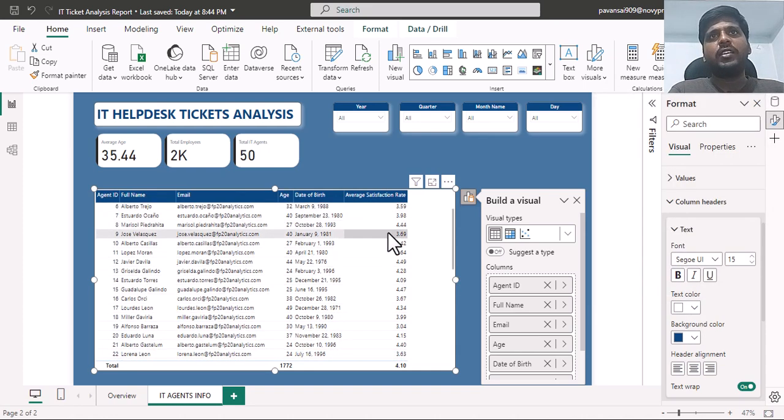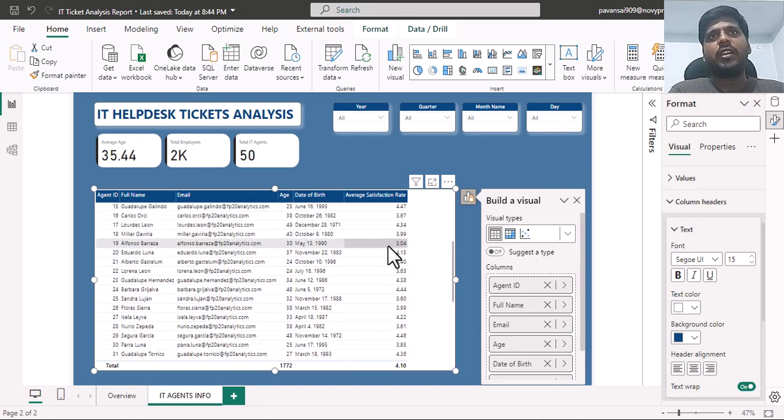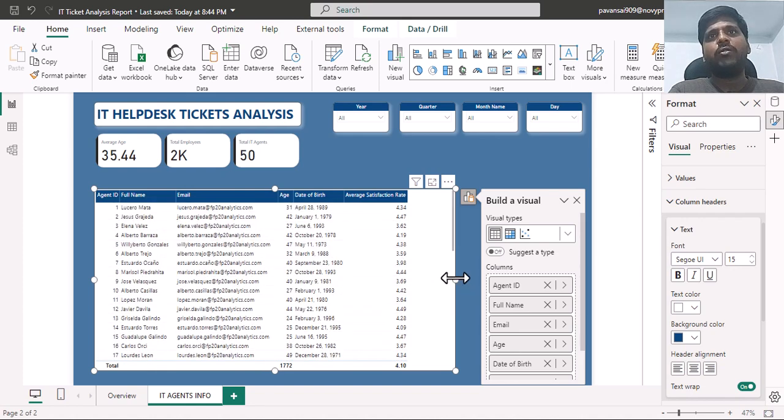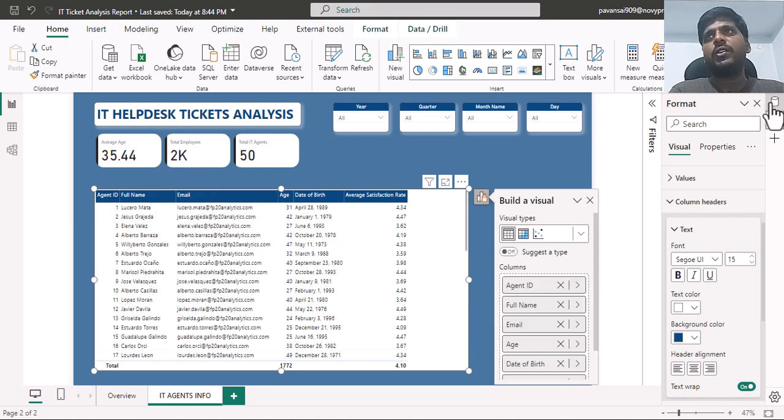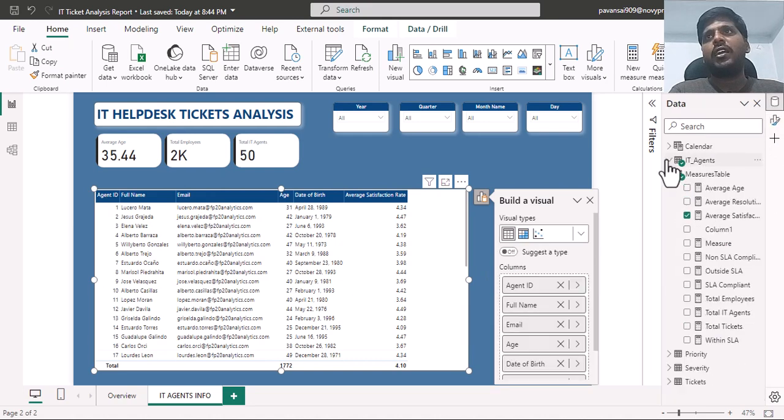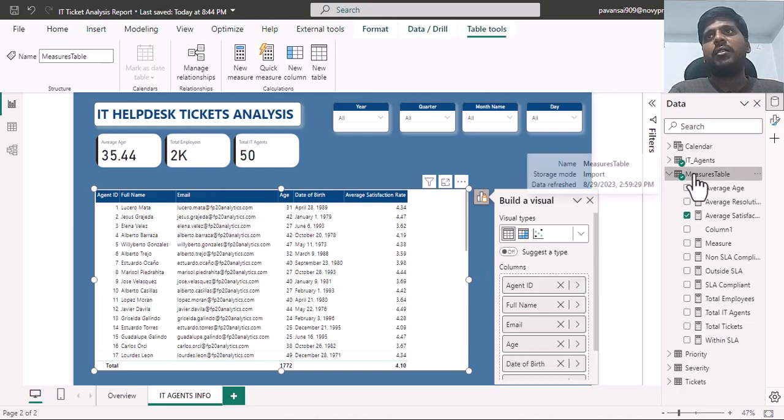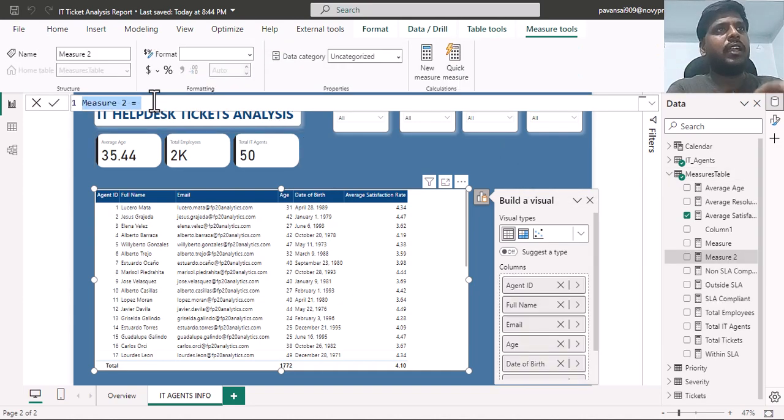Here you could notice that all the values of rating range between 3 to 5. Now what we could do is create a measure to create a star rating. I'll select the measure table. What I'll do is create a new measure. Here I'll write